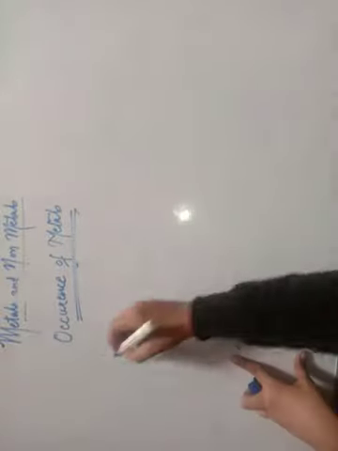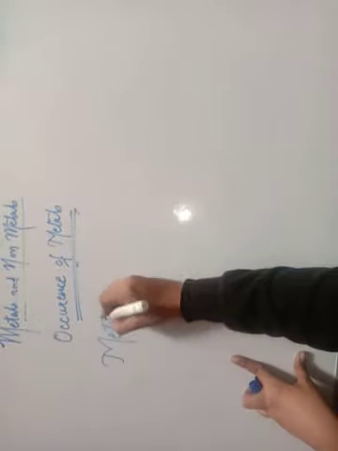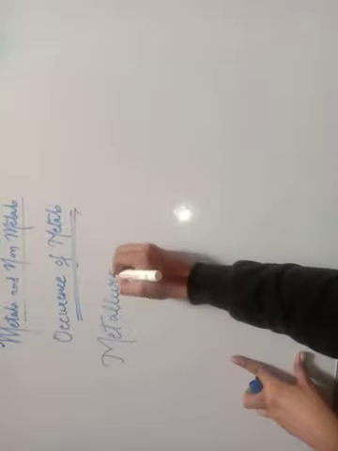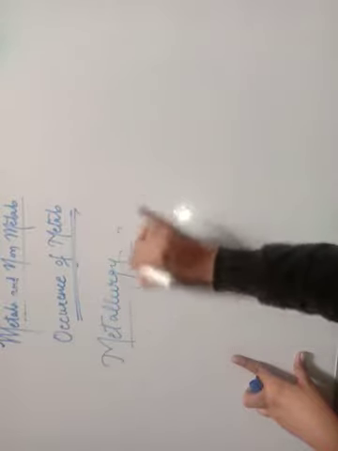Students, in this video we are in the third part of the chapter Metals and Nonmetals of class 8, and we will be discussing the occurrence of metals. Now, how are metals obtained? The processes and procedures involved in the extraction of pure metals are known as metallurgy. So metallurgy is the process through which